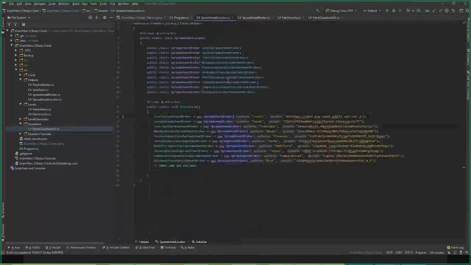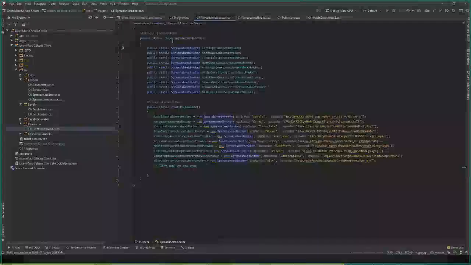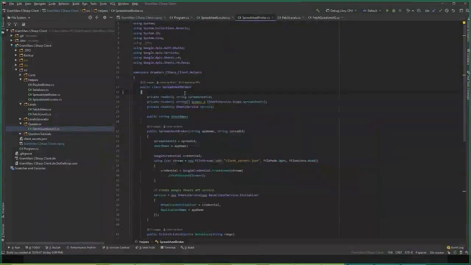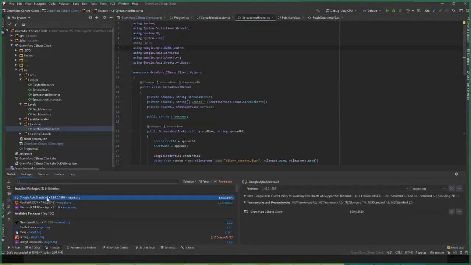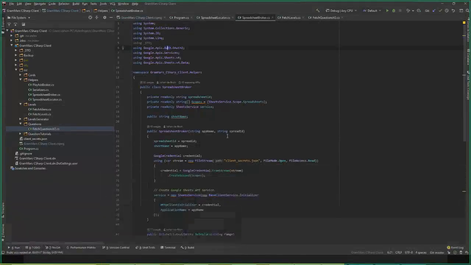So I basically encapsulated all the logic with Google Sheets with the spreadsheet broker. And basically what I use is this Google APIs SDK. I actually pull it from NuGet. So this is the library that you want to download from NuGet. And the way it works is based on OAuth. So you need to enable